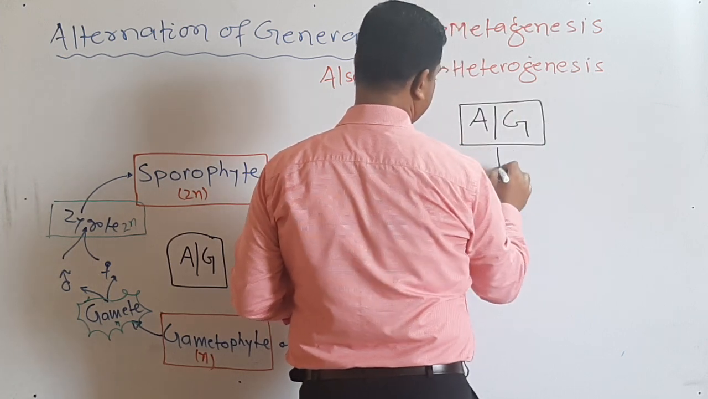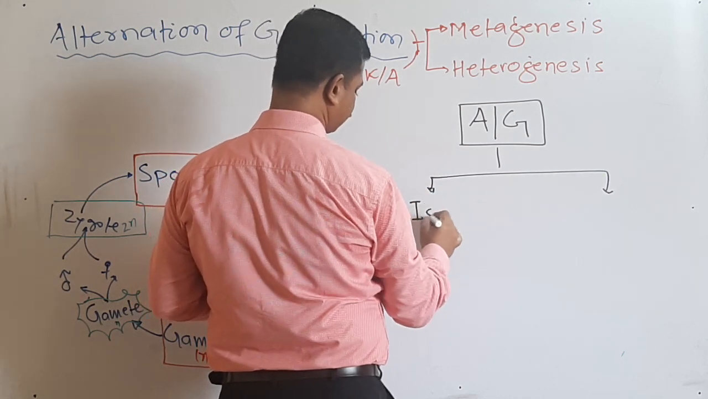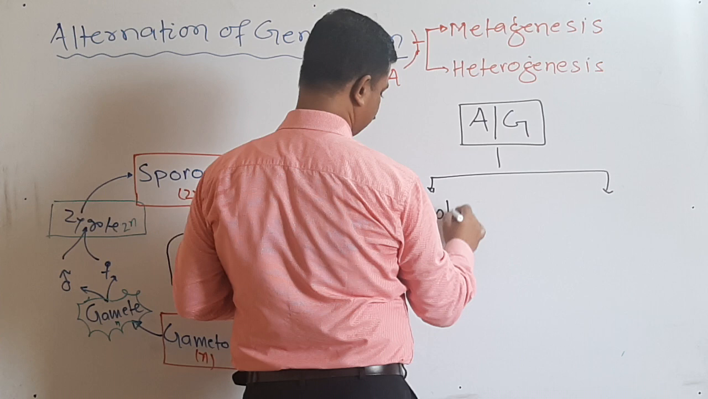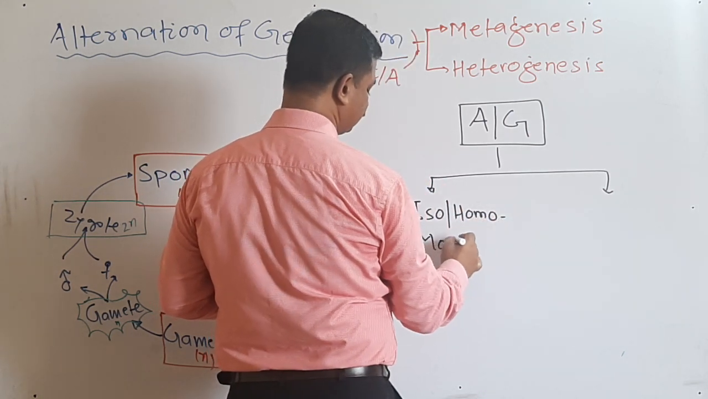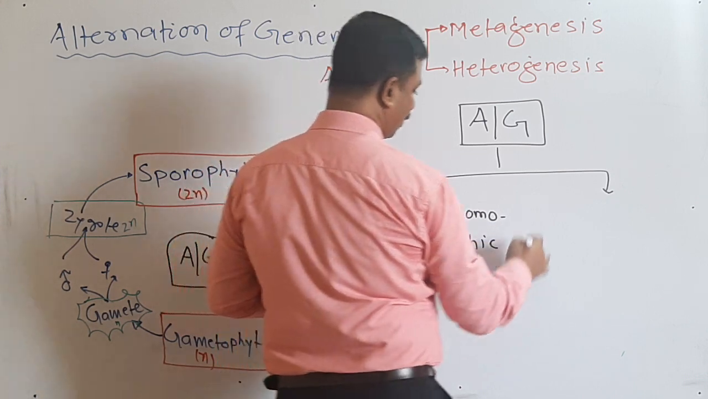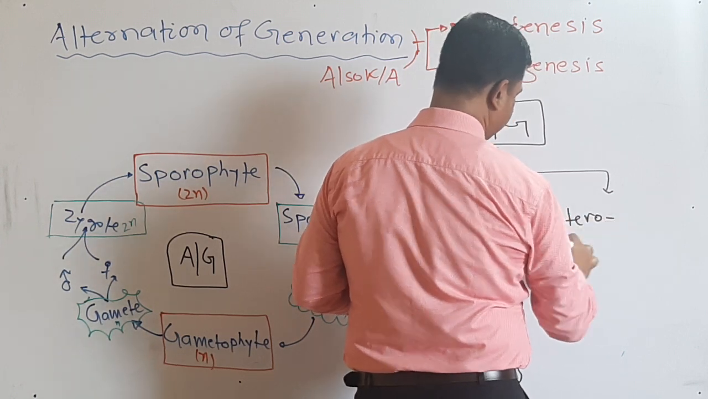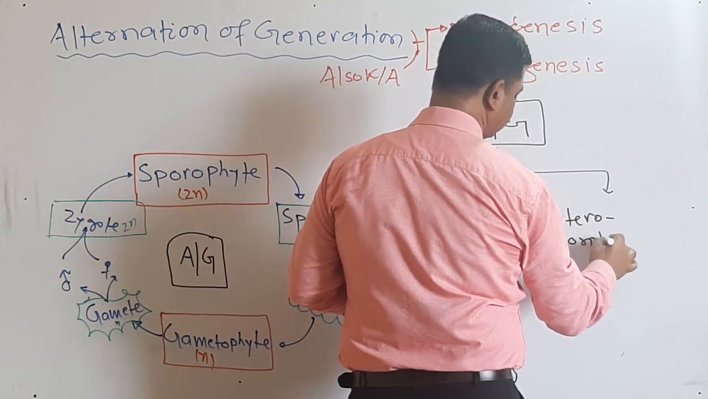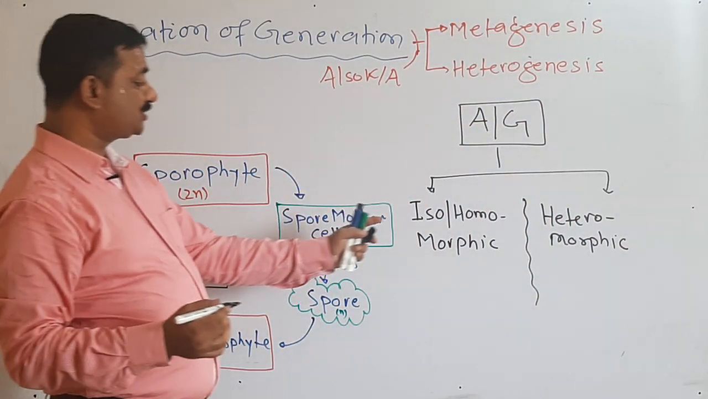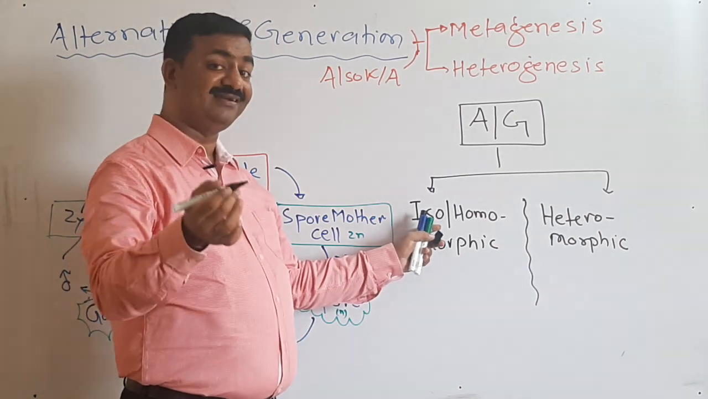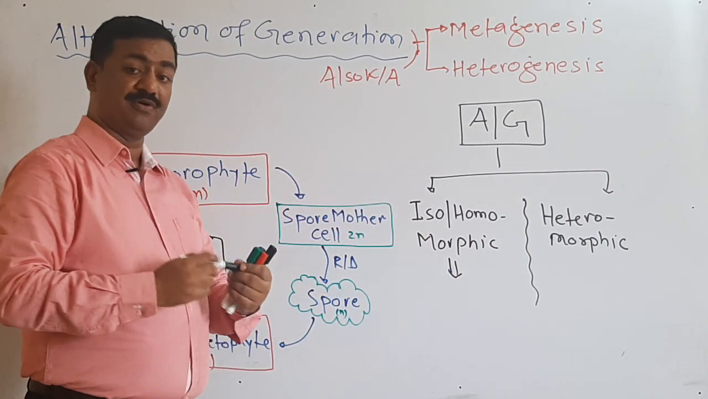This alternation of generation is of two types. Either it will be isomorphic or homomorphic, or it is heteromorphic. By name it is very much clear. Iso means similar, identical. So what are you finding? You are finding that in homo or